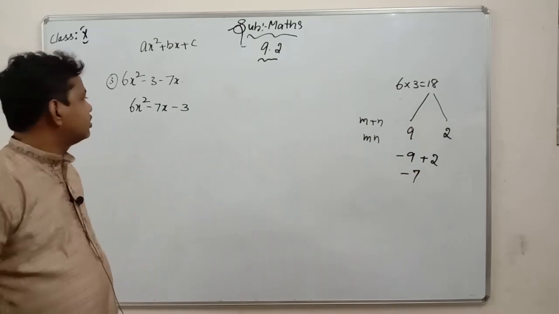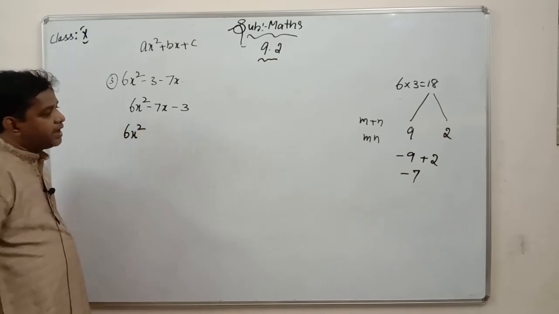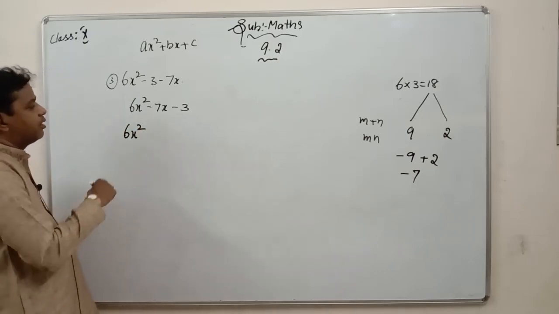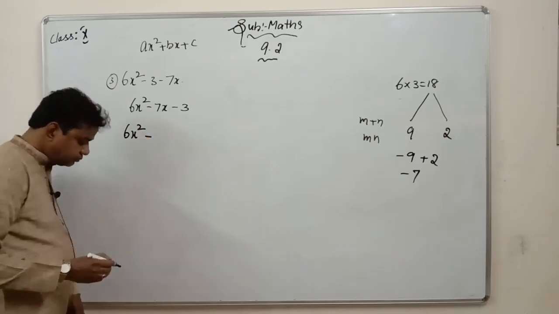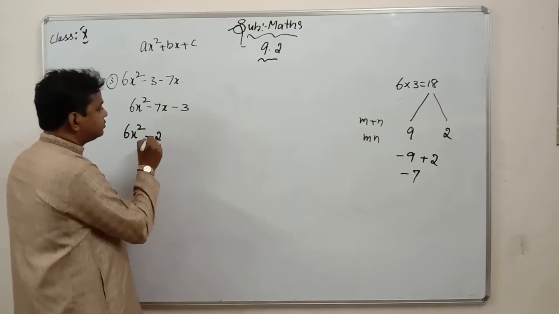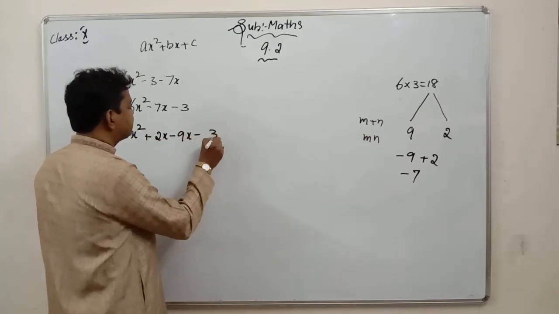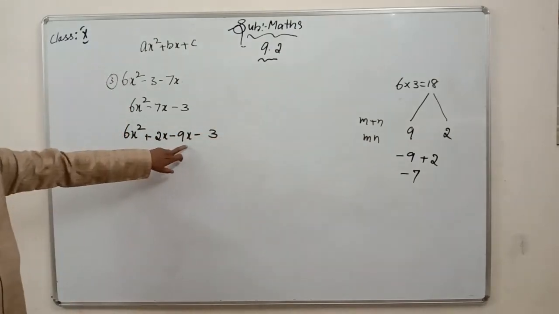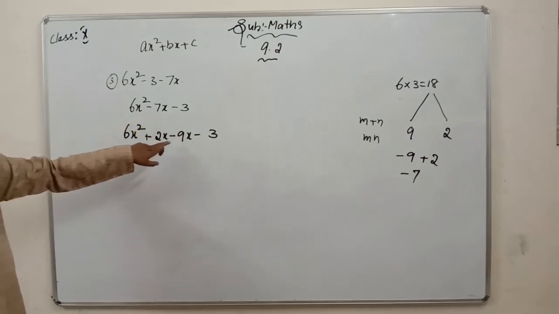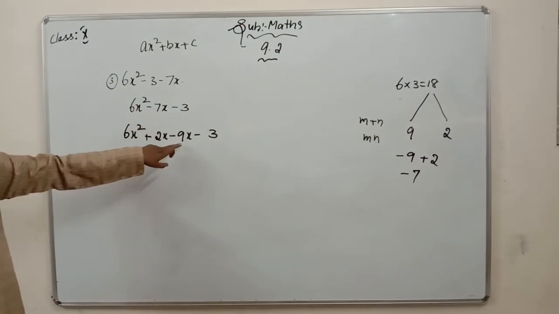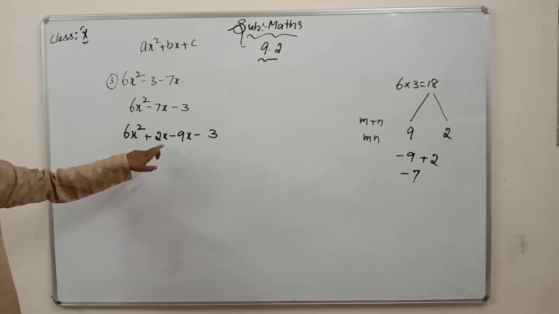You will get there. So what I will do here is, I will take 6x square. So we have minus 9 and 2 we have. You can write either 2 or 9, it is left to you. First I will take 2, plus 2 plus 2x minus 9x minus 3. So 2x minus 9x is minus 7x you will get here. You can observe here, plus into minus you have here, minus you will get, 9 minus 2 you have 7. So this minus 7x can be written as plus 2x minus 9x.